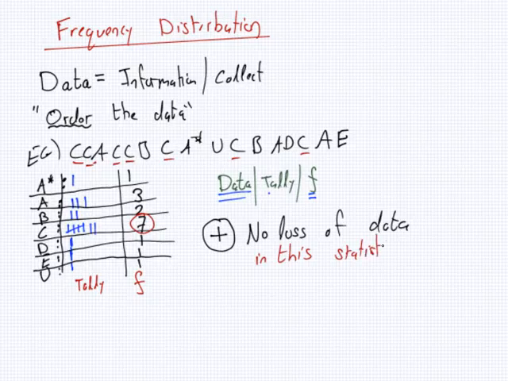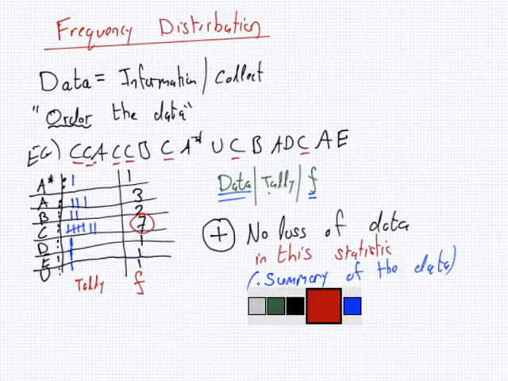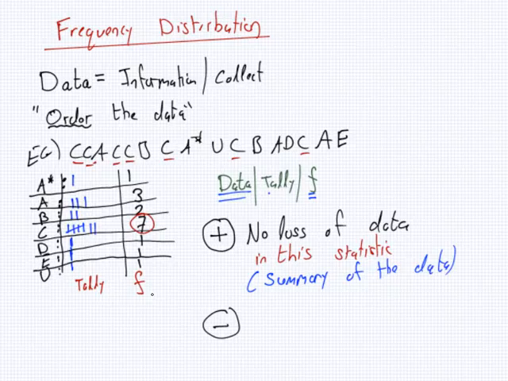And by the way, I know you know this word statistic, but does anyone want to try and explain what a statistic is? You know what it is, but how to explain it. A statistic is just like a summary of the data. Just like in English, a summary. Disadvantage? So, what's the disadvantage of this table? Yes, takes time. Also another disadvantage, it can take time. But that's kind of true of a lot of things in life. So what's another disadvantage?